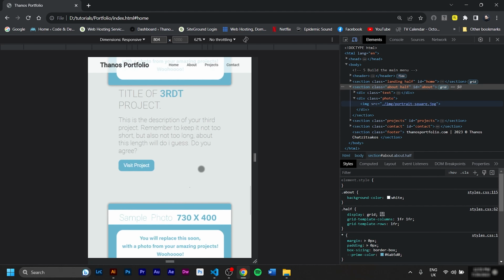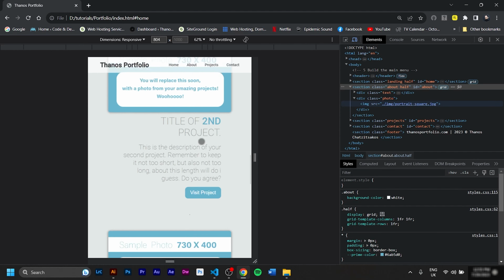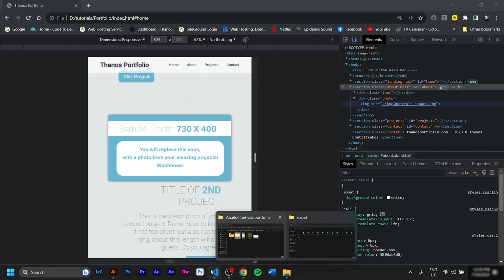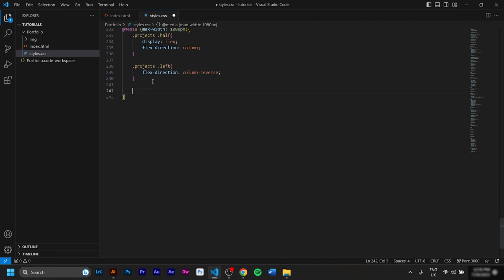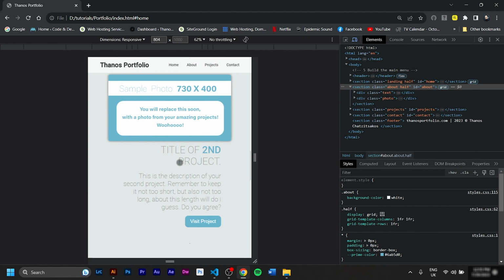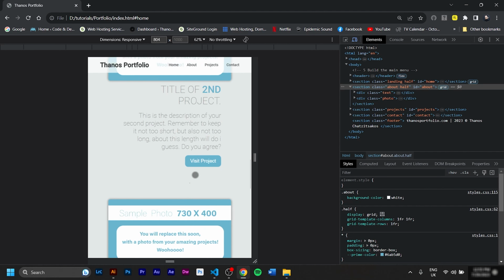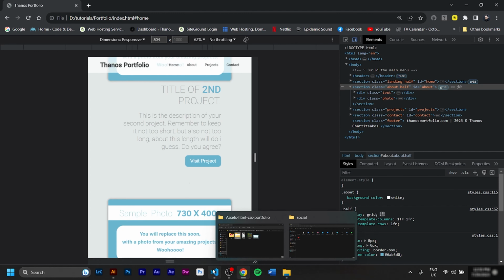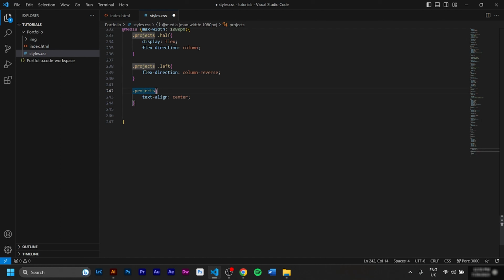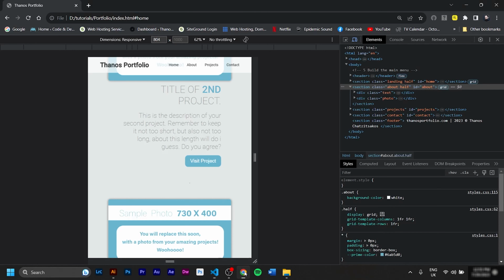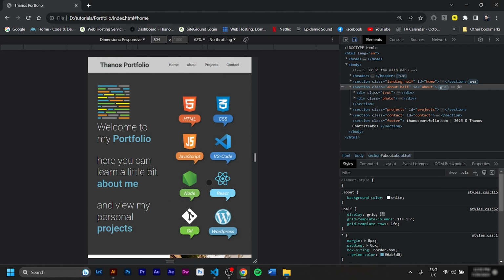The thing is that we have to center all these texts now. This is pretty easy. Let's go back to the CSS. I will target dot projects, text align center. Very nice. The dot left doesn't listen to me, so let's talk to it again. So maybe we can add it here. Let's put comma dot left, save it. Let's hope he listens this time, this stubborn left thing.